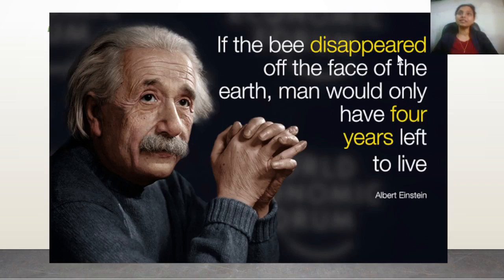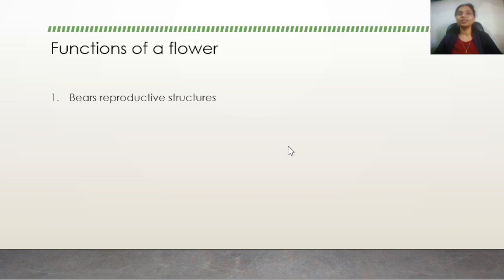If the bee disappeared off the face of the earth, man would have only 4 years left to live. This was said by Albert Einstein. Don't know if that is an exaggeration or not, but it could be a possibility, as the honeybee is the main pollinator, and if we run out of honeybees, then the process of pollination will not take place. Honeybees are the best pollinators because they are continuously looking for nectar, which is produced by the flowers, to produce their precious honey.